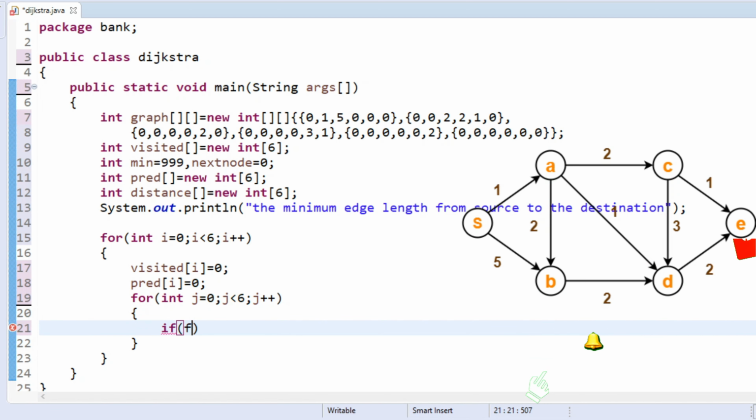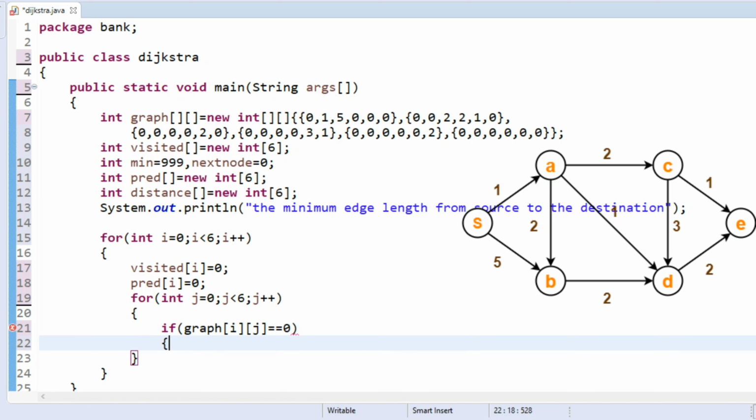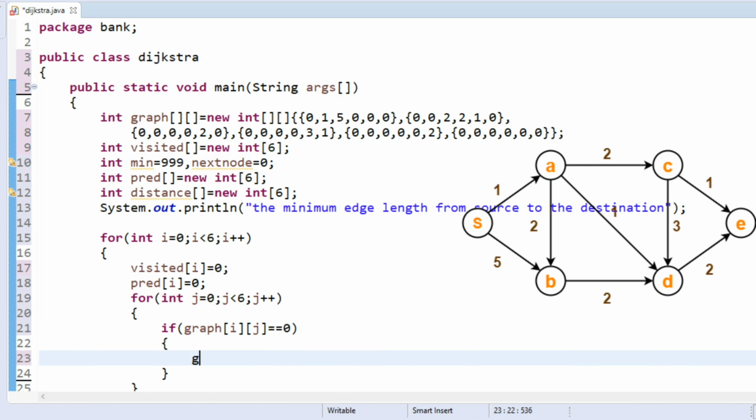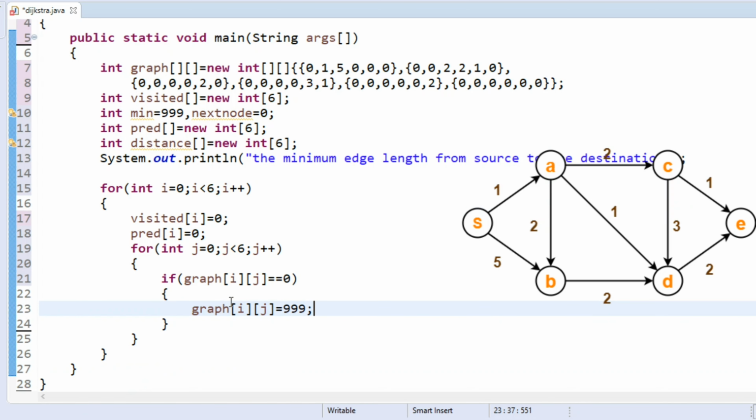If graph of i j equals 0, that means there are no nodes in that graph. So graph of i j equals 999. This represents that there are no edges or no vertices in that graph.